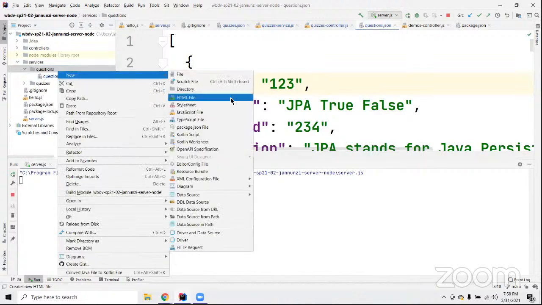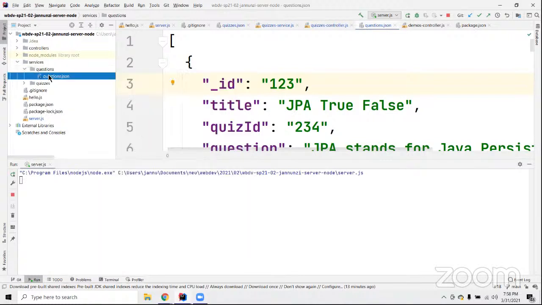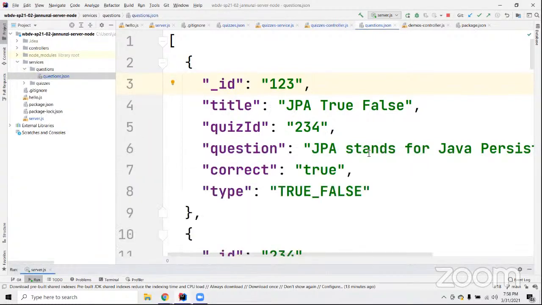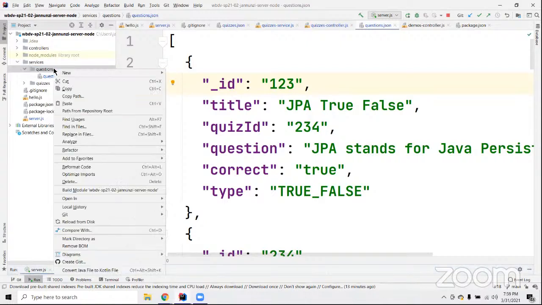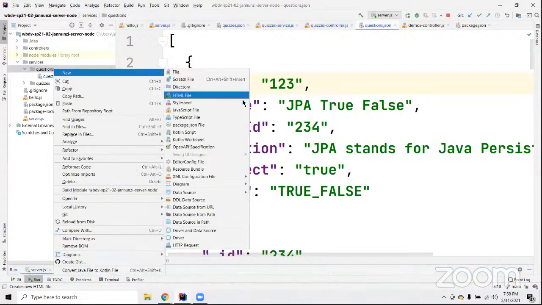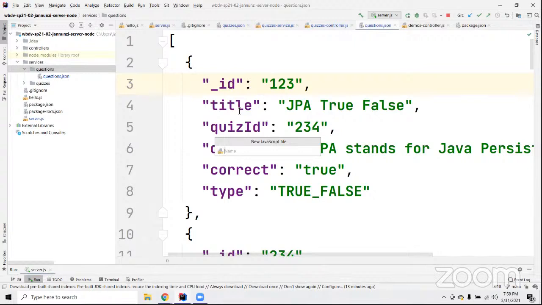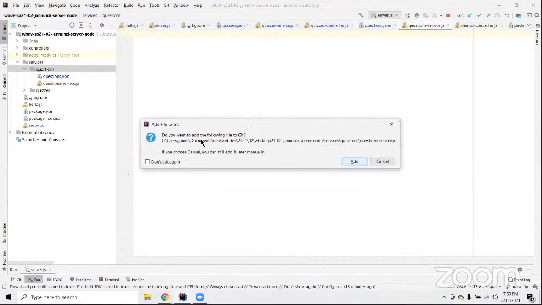So the first thing is that we want to be able to manipulate this data structure. Right now it's a file, but next week it'll be a database. So the first thing is that we create a service. So let's create a service here. It'll be the questions service,